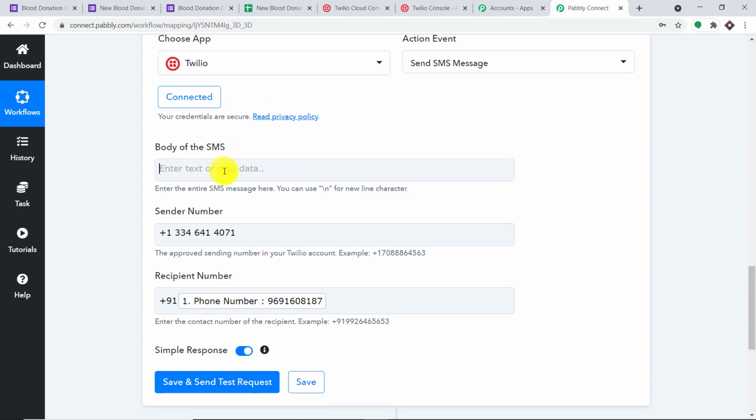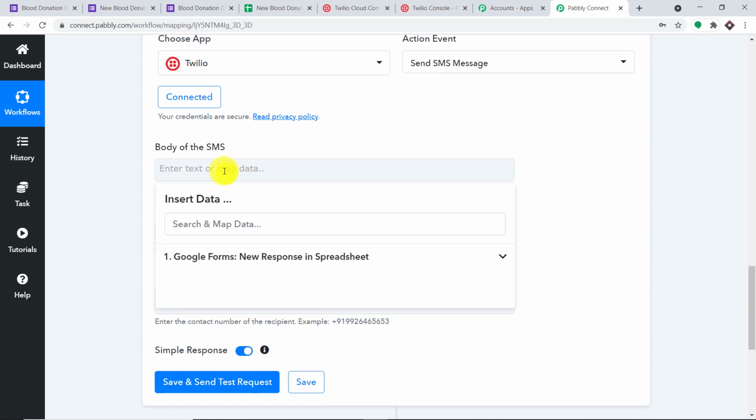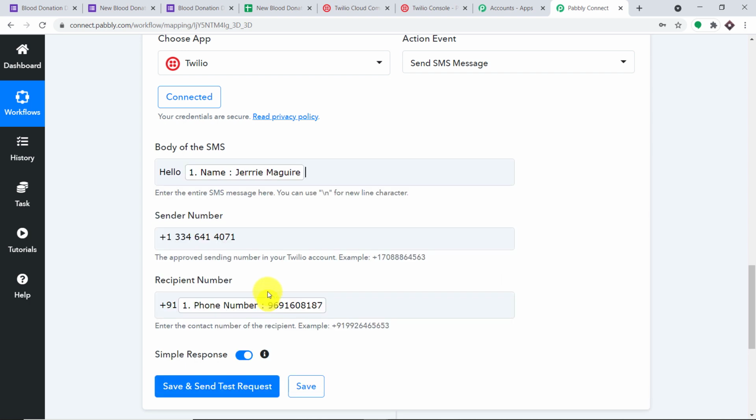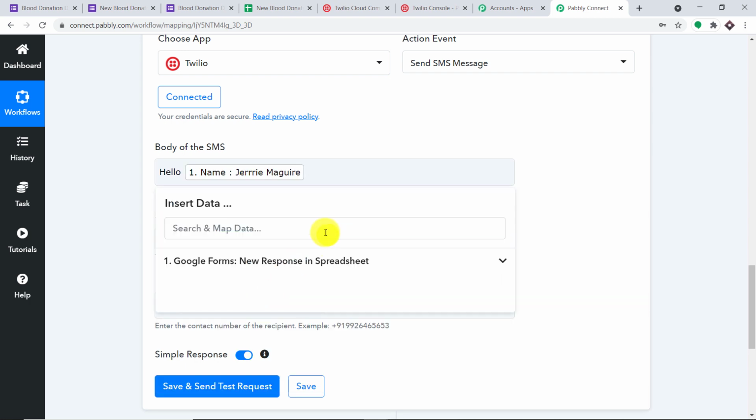Now we have to manually enter the body of the SMS. So it should be something like hello, and then we are going to map in the name, Jerry Maguire. You can donate your blood.